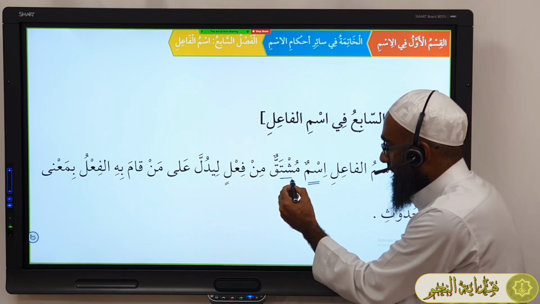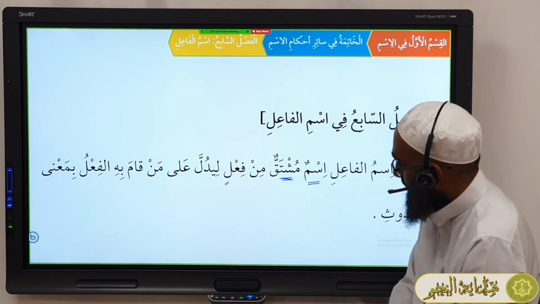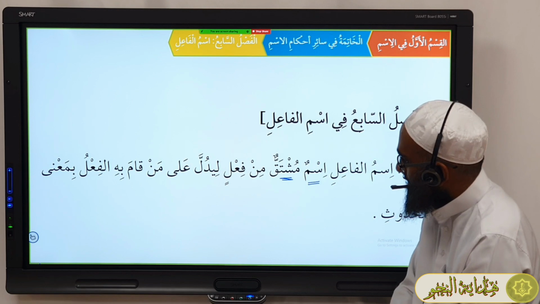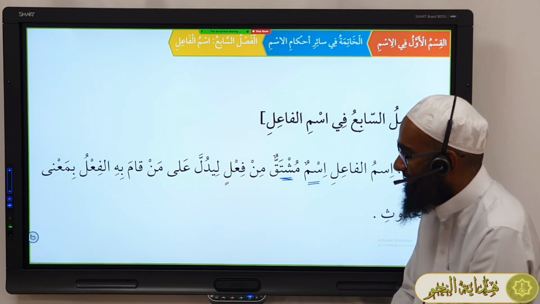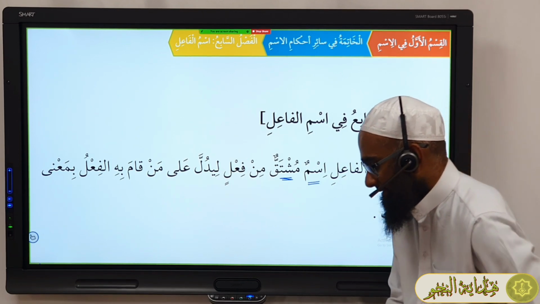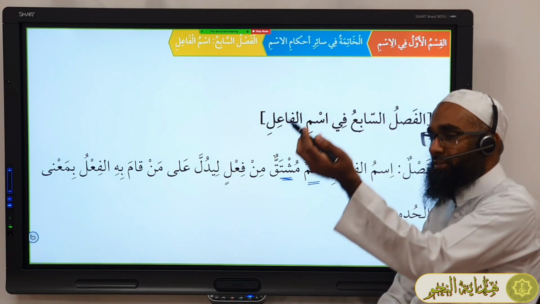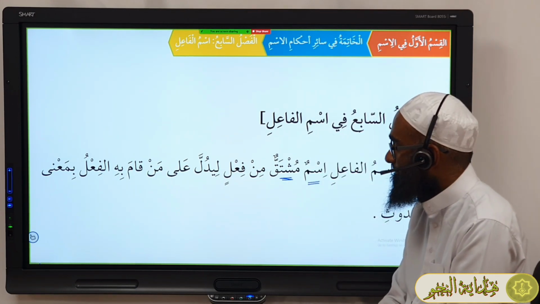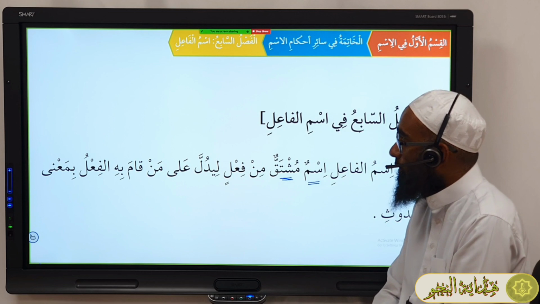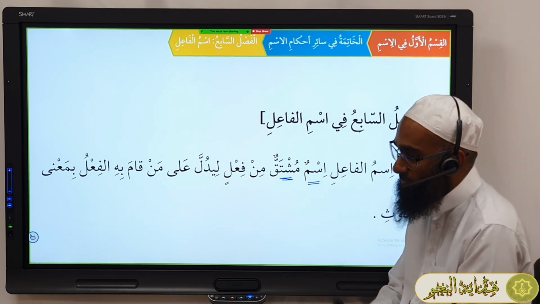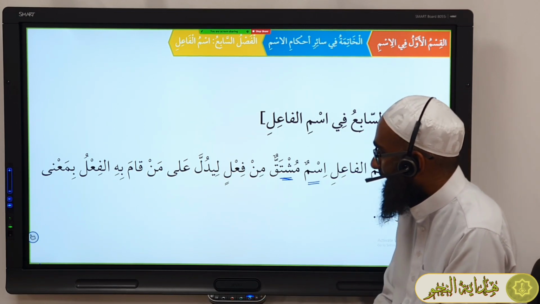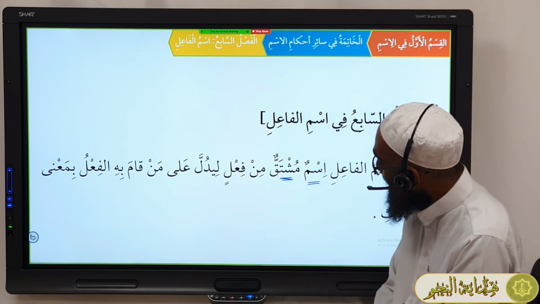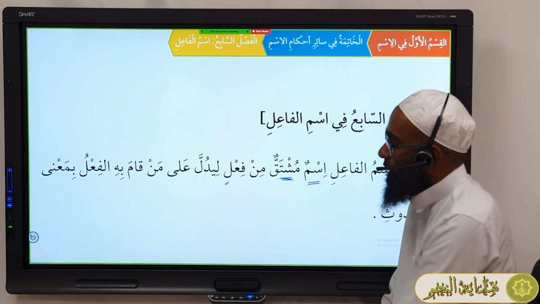First of all, it's mushtaq. It is derived from the masdar. It's interesting right here, mushtaqun min fa'lin. And then in the masdar, he wrote it derived from the masdar. Interesting. Mushtaqun min fa'l is derived from a fa'l. Maybe he's trying to keep alliances to all parties. It is derived from a fa'l.